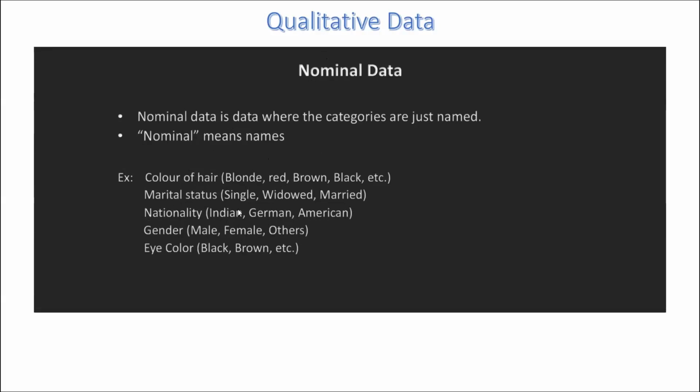Here you can't have a comparison. There is a comparison between each gender, but no comparison between nationality, hair color, marital status, and eye color. Each has a unique structure, a unique value, and unique information. So this is about nominal data, where it has uniqueness. The data is qualitative, the name itself is qualitative, and each example has every value as a unique category.